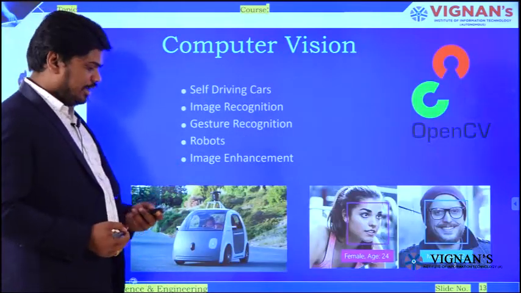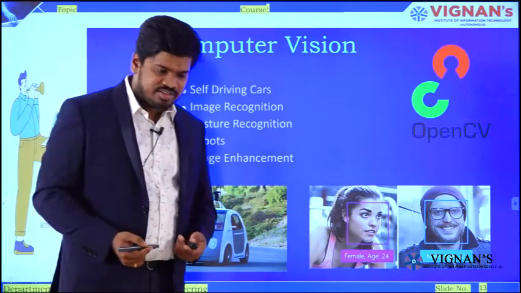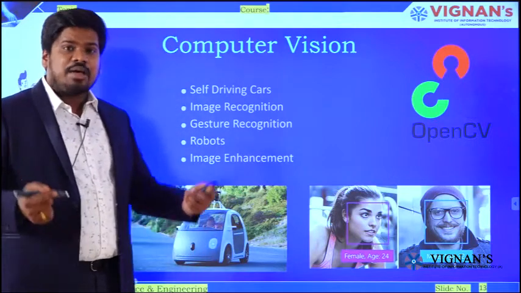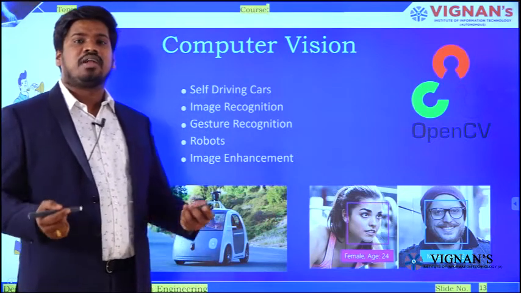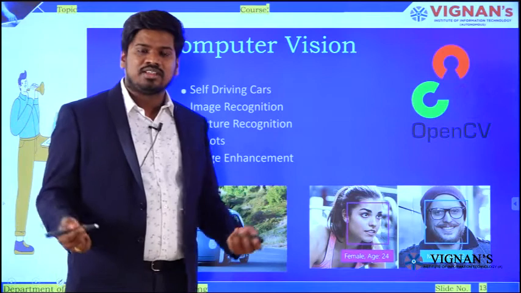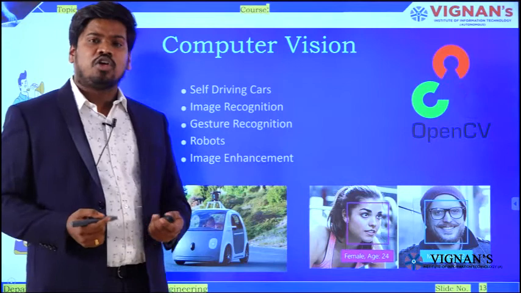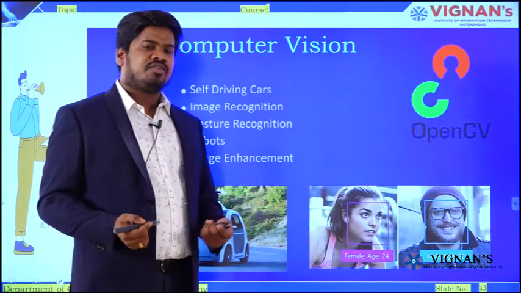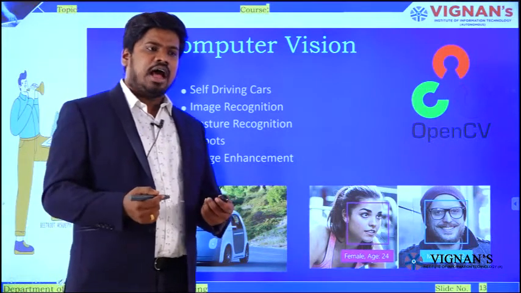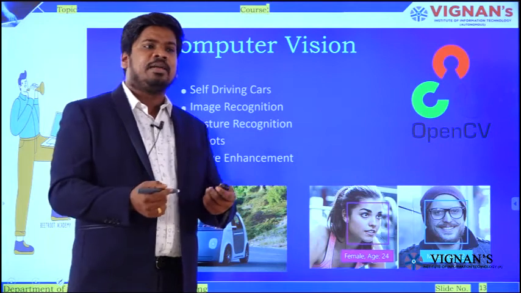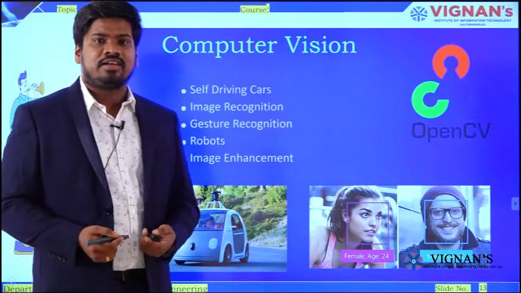And coming to the next one, the next important field where you can make your career is computer vision industries. For example, those who know about Tesla cars, the most popular Tesla car, owned by Elon Musk. Why did it become so popular? The reason is simple: the automation. The car is completely automated. For example, if a driver sleeps after a few seconds, the car will automatically park on the nearby road without interfering with the driver.